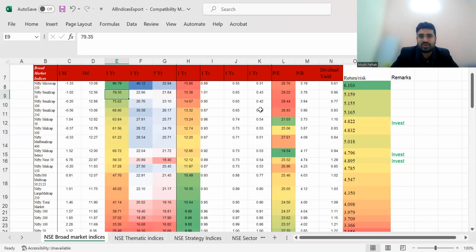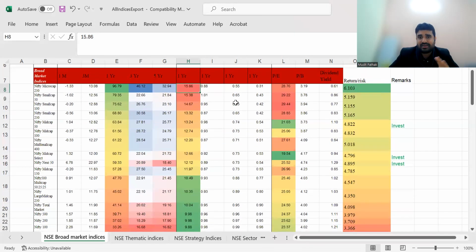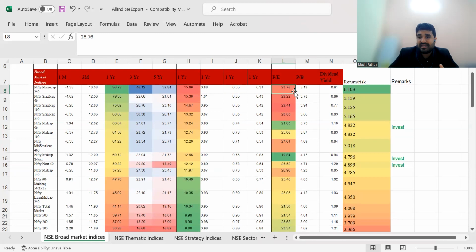So considering all those parameters, I've also devised the return by risk ratio, like how much return you are getting for every unit of risk you are taking. इसमें से Nifty Microcap is doing fairly well, and you're getting a good amount of return as compared to the risk you have taken, and the risk is shown here by volatility percentage. But it has a high P by E, which means it will see a correction in the future. It's not a very advisable index, I will say, because it's very volatile and risky. So if you have the risk appetite, you can go with these top indices shown over here.